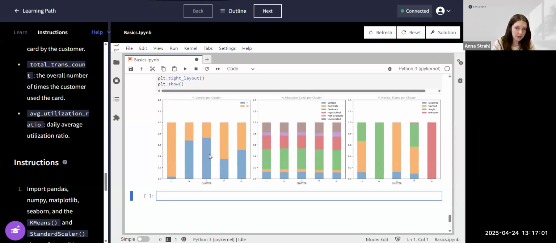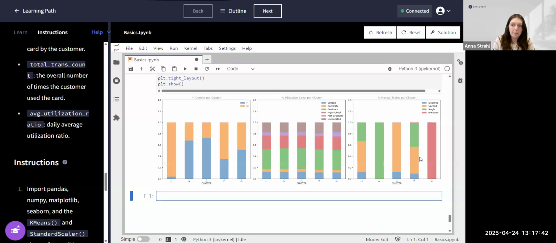Gender looks like sometimes it is an important factor for clustering. Education level, this one really surprised me. Every time I've run this data, doesn't matter how many clusters, education level does not seem to be an indicator of clustering. Not important for it. But marital status, wow, there are some pretty stark differences in clustering based on marital status. Cluster 2, 100% single. Cluster 5, 100% unknown. Cluster 3, very strong majority married. And then the other 2 are a little more